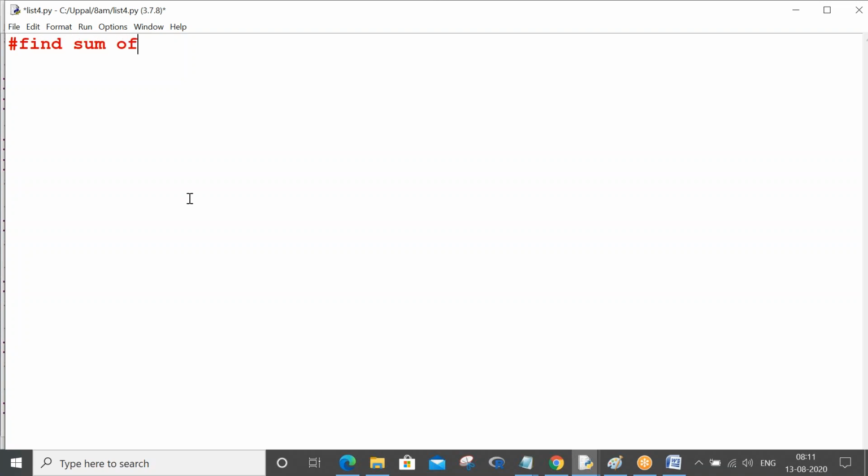Find the sum of elements of a given list. Okay, given list means what? You have to take list elements from the keyboard. How do you do that? You remember